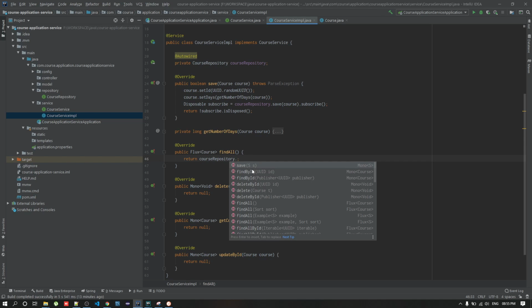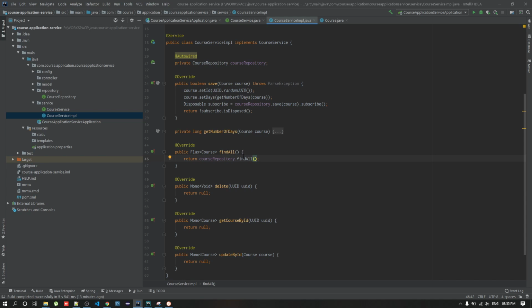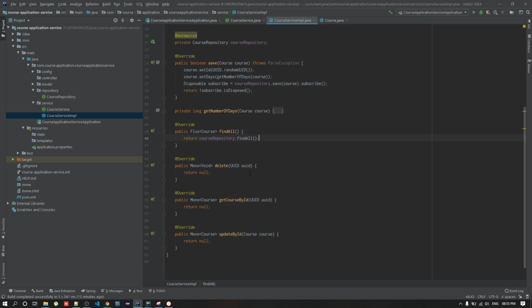The same way we have to use it for find all. We have an inbuilt function that will return all the courses which we have saved in the MongoDB. So the return will be flux, and if it is an individual data, this will be returned.